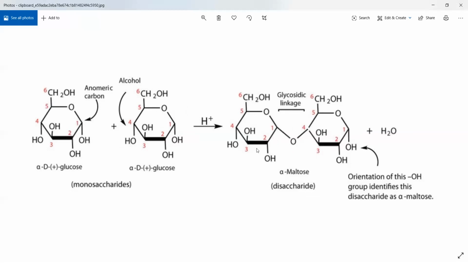Now, maltose generally does not occur in the free state. You generally will not see maltose as such as you are seeing on the right side. It will be formed as an intermediate product in between reactions. So if you have starch being disintegrated or glycogen being digested, in both of these conditions you'll get maltose as a byproduct in between, which will get converted again. Now, if you have sprouting barley, barley that you eat, I'm sure you must have eaten or seen barley at some point of time, or at least heard about it. Sprouting barley contains a lot of maltose. All right, it is also called malt sugar for that reason.